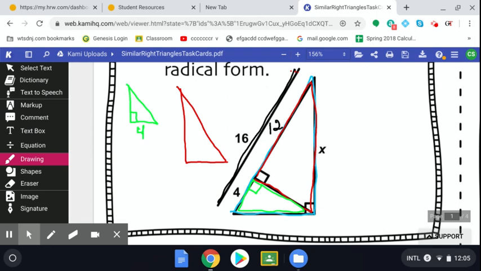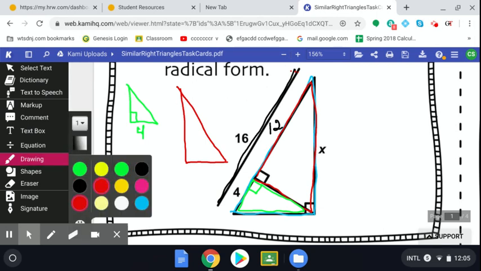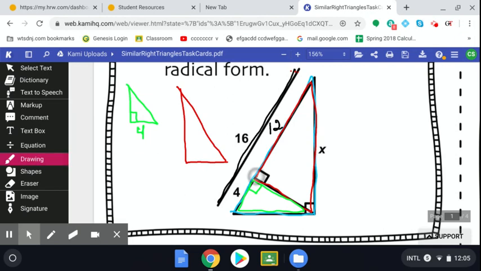And that leg would be longer than this leg over here. This is longer than this leg. How do I know that? I know because the green triangle is smaller than the red triangle, and 4 is the short leg, and this one over here